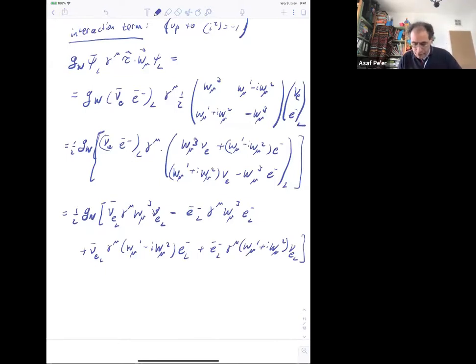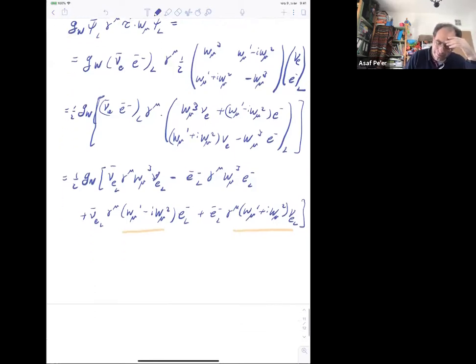So we have two terms with the W mu 3 that couple the electron to the electron and the neutrino to the neutrino. And we have two terms which couple the electron to the neutrino, right? Now we know that the terms that physically couple the electron to the neutrino are the W plus minus, right? So we can identify